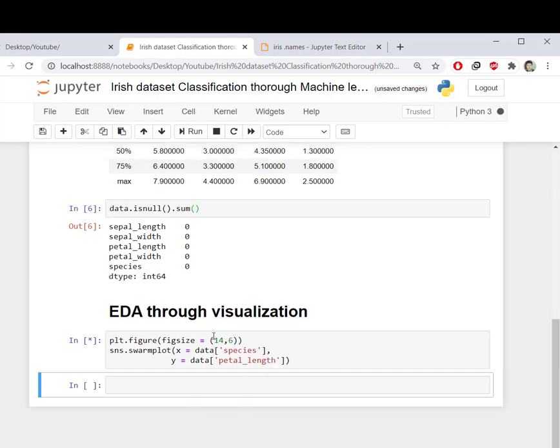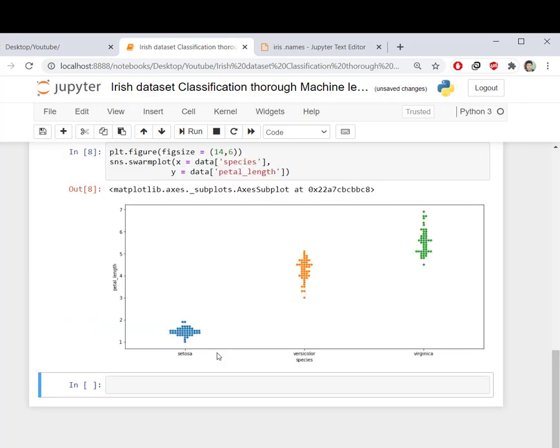Okay, so it has clearly shown that, you can see clearly that Virginica has the longest petals, whereas Setosa has the shortest petals, and versicolor is in the middle. Okay, you can see clearly. So let's go for